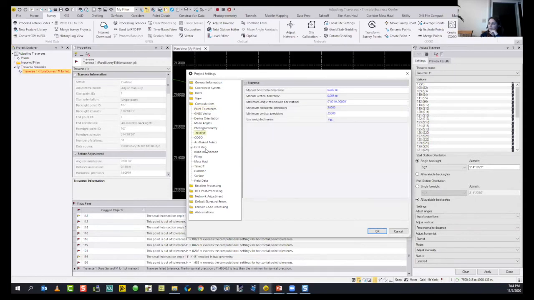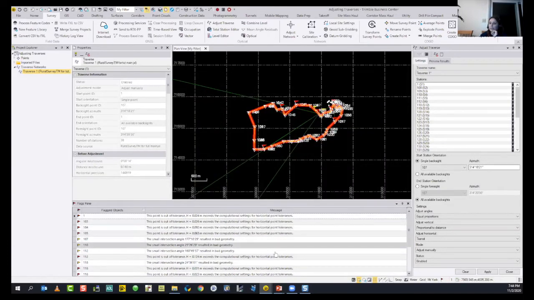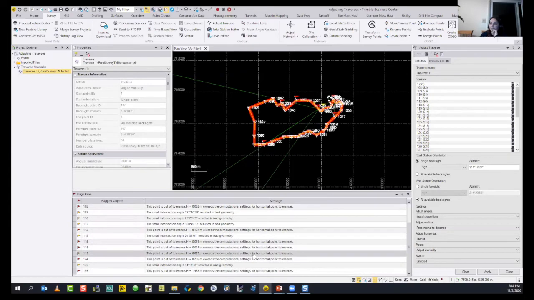Under traverse, minimum horizontal precision, it was 50,000. And now it's less than this. So if I say 40,000, okay, it's going to be automatically applied. And you will see that the red flag has disappeared and I am under the tolerance limits.